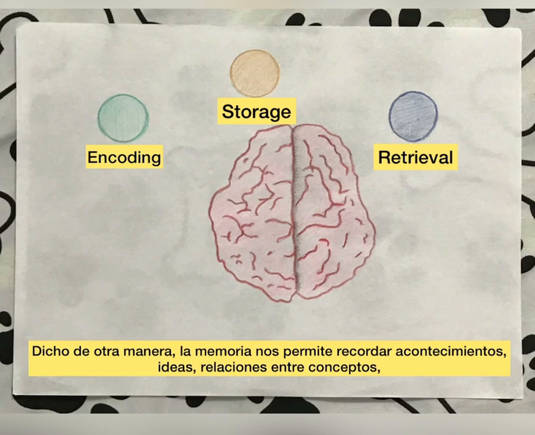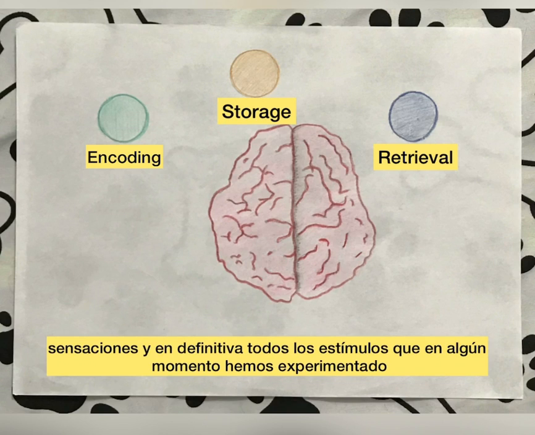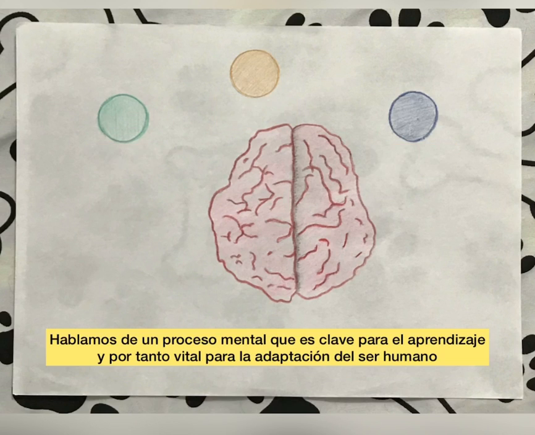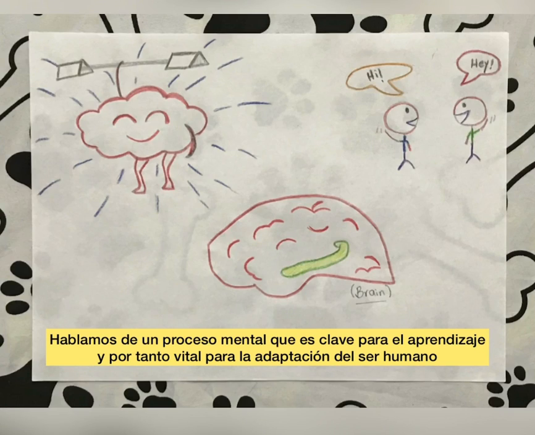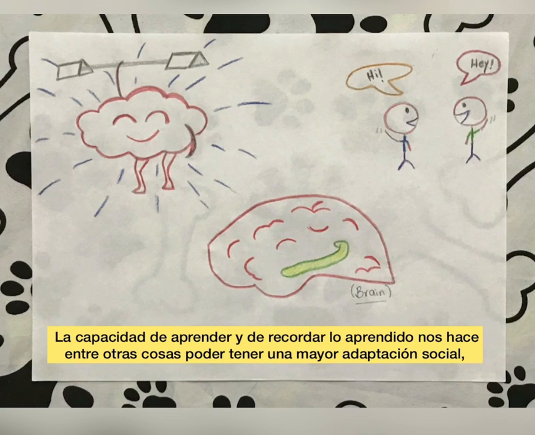In other words, memory allows us to remember events, ideas, relationships between concepts, sensations, and ultimately all the stimuli that we have experienced at some point. We are talking about a mental process that is key to learning and therefore vital for human adaptation. The ability to learn and remember what has been learned makes us, among other things, able to have a greater social